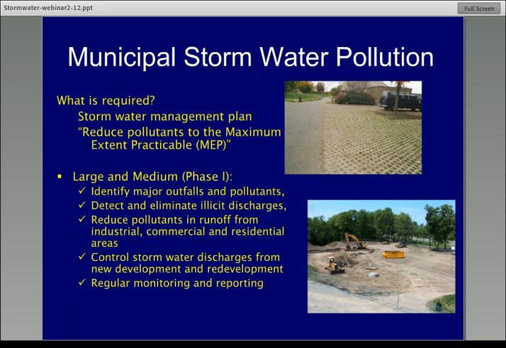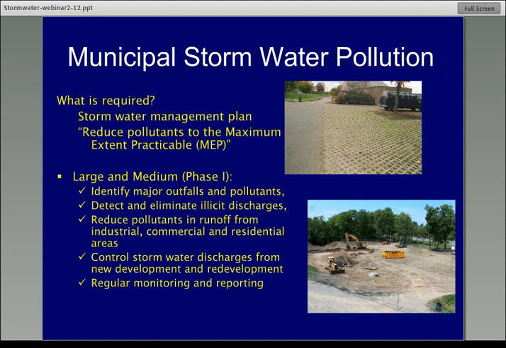The municipal stormwater permits, again, are separated into these Phase 1 and Phase 2 categories. In some states this distinction is lessening, and some states are making the requirements the same for any city or county or entity from over 50,000 in population all the way up through over 250,000, which is the larger category. But in the federal requirements, the large and medium Phase 1 municipal stormwater entities had to